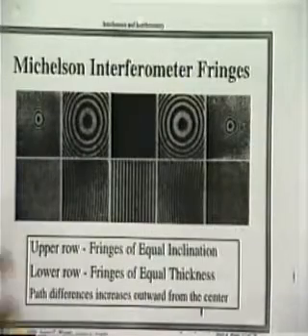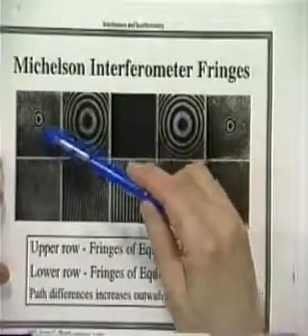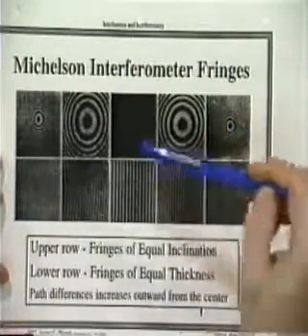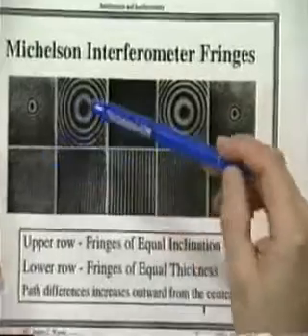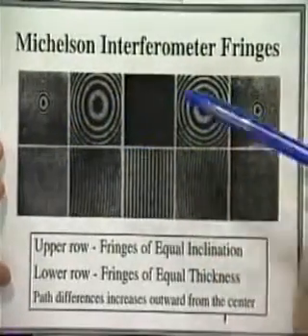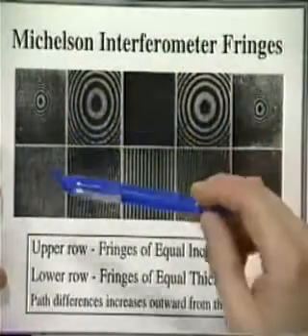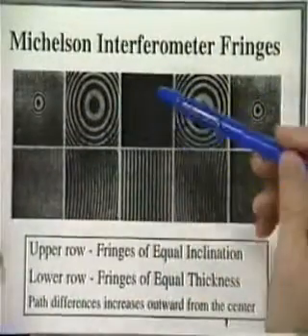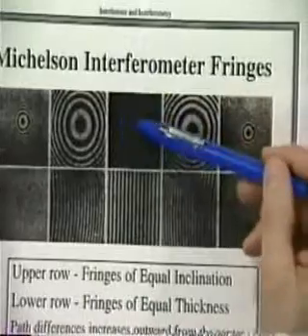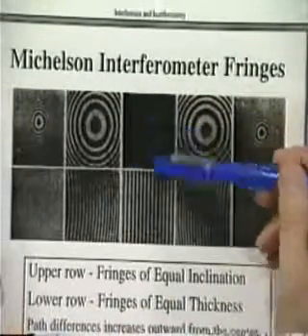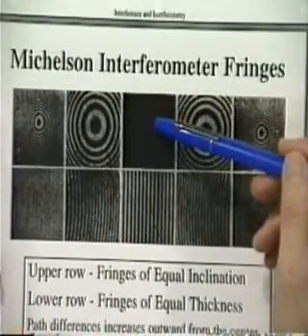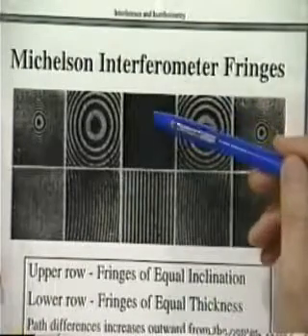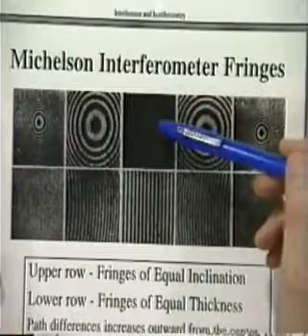So we have two situations here. We have fringes of equal angle, and I guess this doesn't show up too well on the overhead, but on the TV. Fringes of equal angle, and then fringes of equal thickness. Let's just look at the top ones first. So here's where the paths are matched. D is equal to 0, and we have one fringe. And it may be a bright fringe, or it may be a dark fringe, depending upon the phase change on